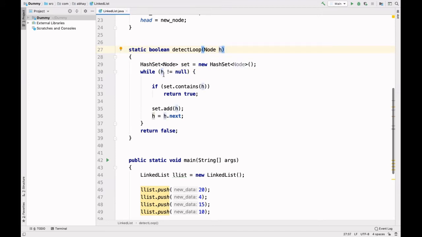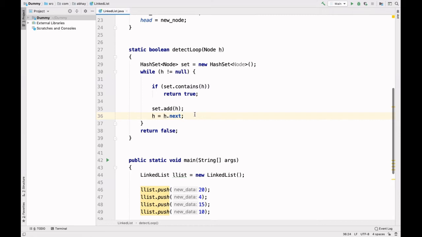While h is not equal to null, if set dot contains h, that means the set already contains that particular element, then we will simply return true, else we will add our rest of the elements. So we will write set dot add and pass the head, and then head is head dot next. This line is basically for our traversing. So that's it. This is a simple code for our hash set approach.